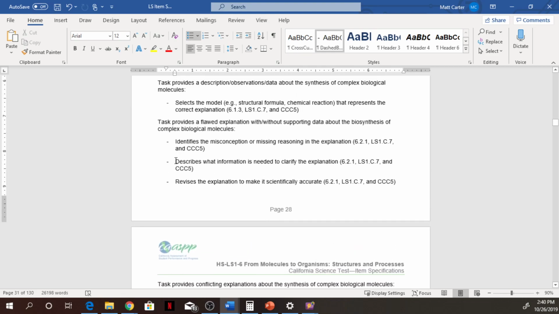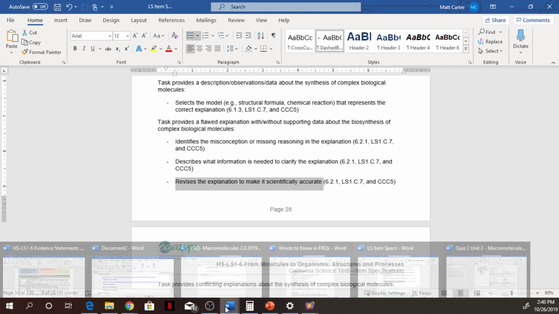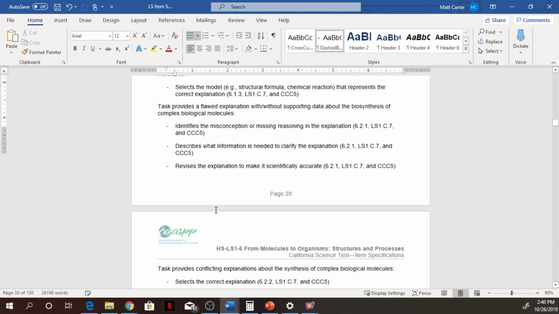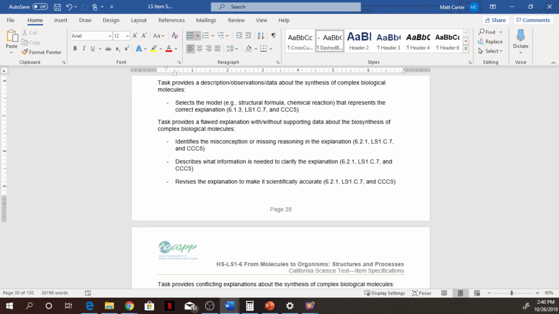And then a part that's missing from our explanation is really that it revises an explanation to make it scientifically accurate. I think we could modify the FRQ that we made to do that. But again, I just wanted to share some of these resources for you guys. So our actual assessment that we wrote